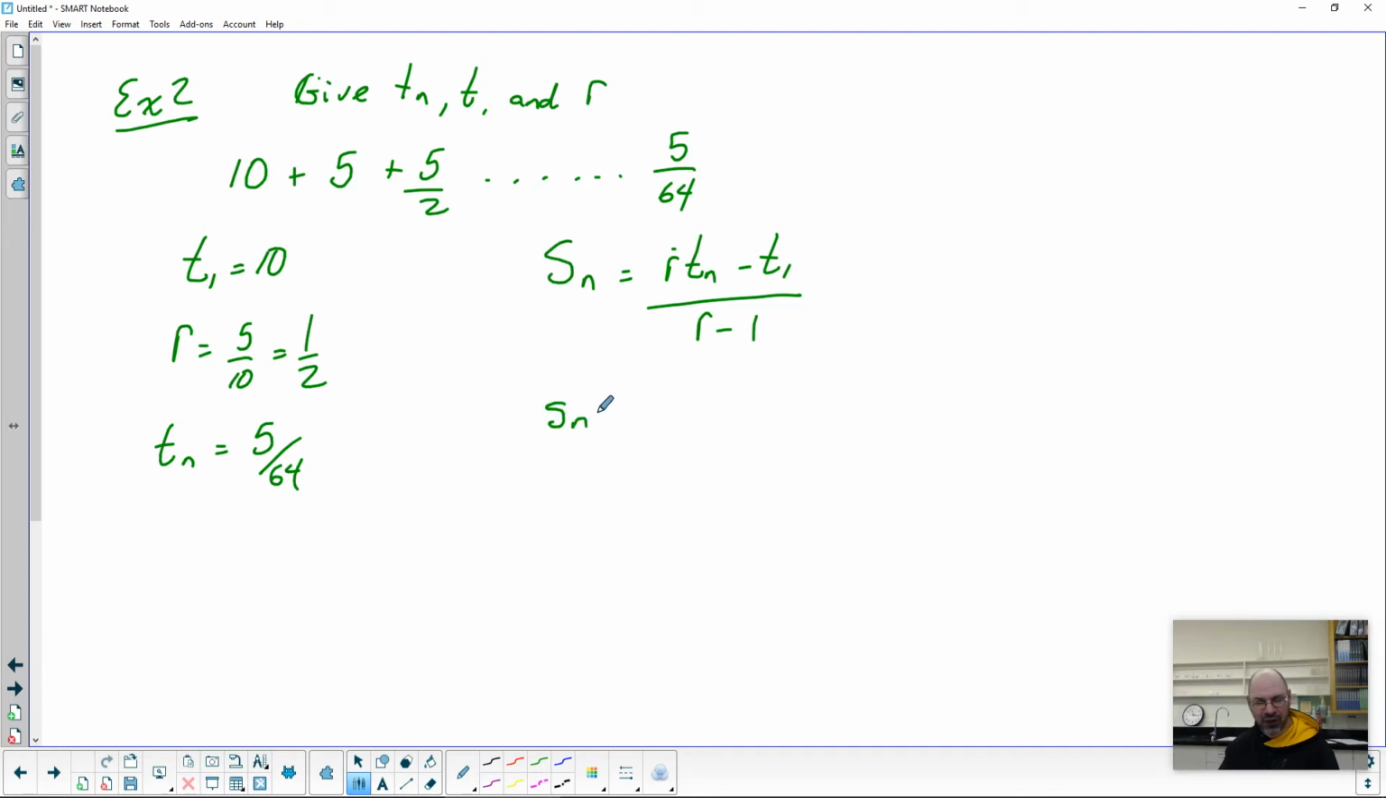Okay, R we've got as 1/2. Tn we've got as 5 over 64. Subtracting 10, all over 1/2 subtract 1. Okay, don't freak out because it's fractions. You can do this. 5 over 128